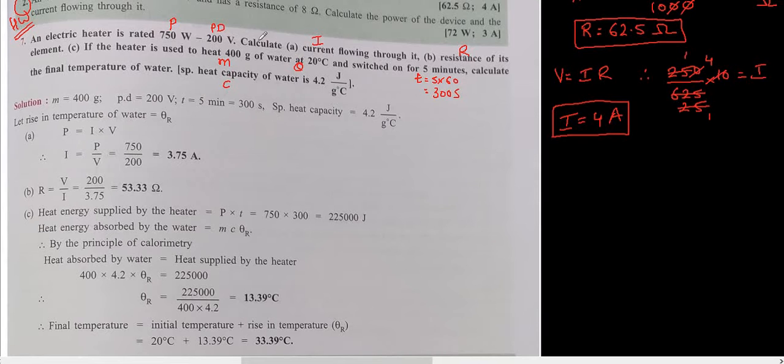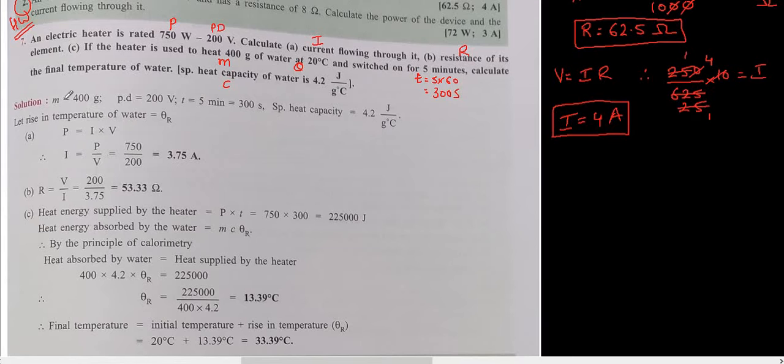So we'll write down the data, because if you write the data, at least you will get 1 mark, because in the examination they are counting all these things for marks in the marking scheme. That means whether you are able to identify the quantities or not. So if suppose this question is for 4 marks, at least you will get 1 mark for writing down the data and the formulas. Okay, so first of all we'll write down the data.